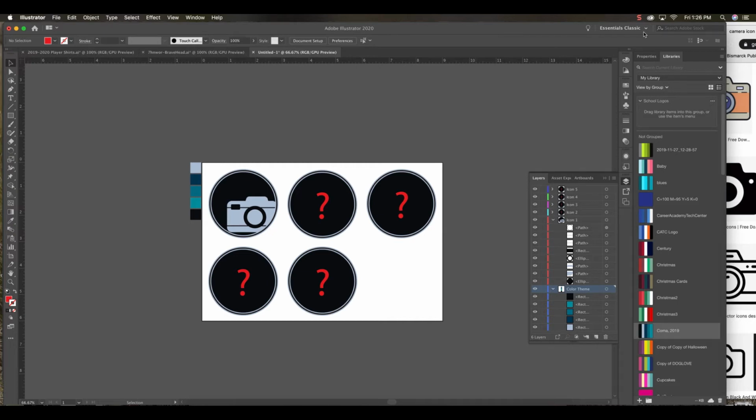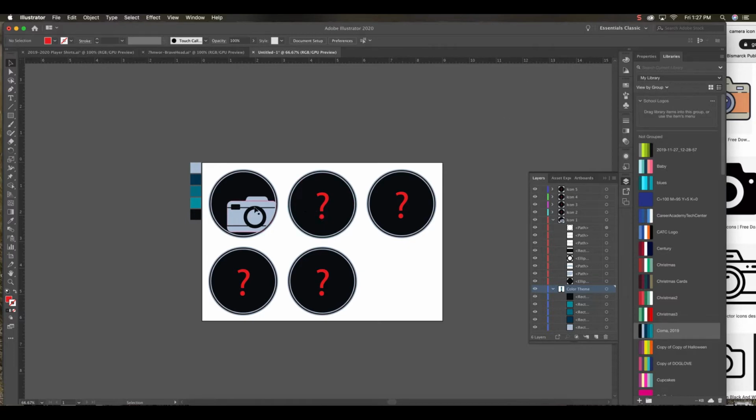So for this project, you are going to build yourself a set of icons in Illustrator that represent this class. And you will have a total of 5 icons for this project. You already know that because you had to sketch out your ideas for these icons. Anyway, what we're going to cover in this video is how to create your first icon, which will be a